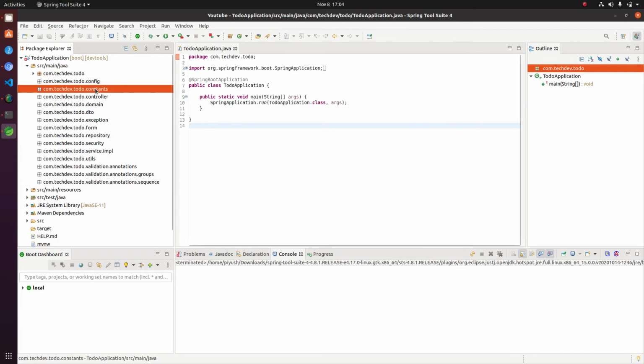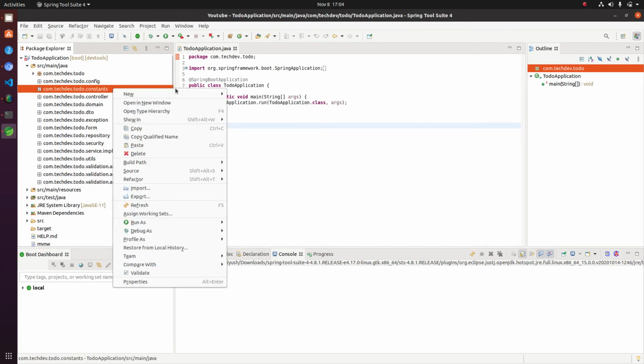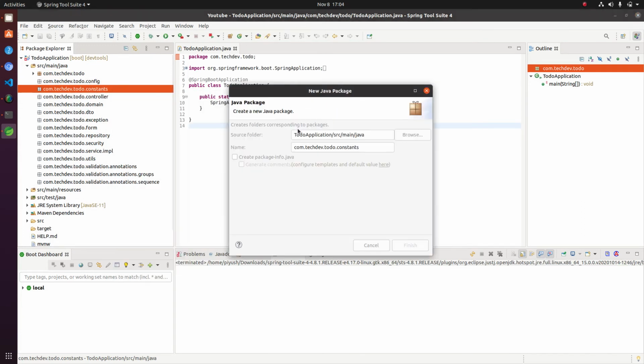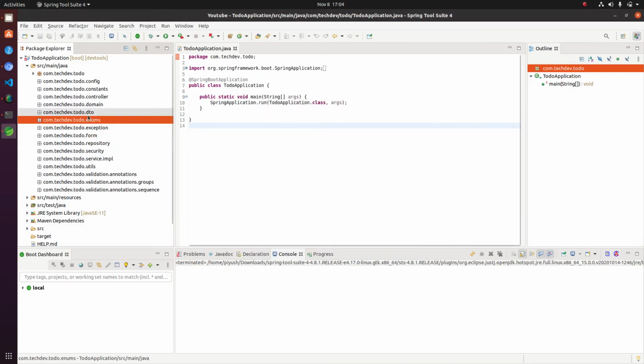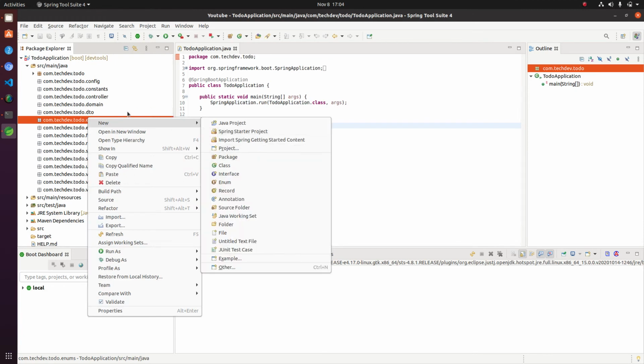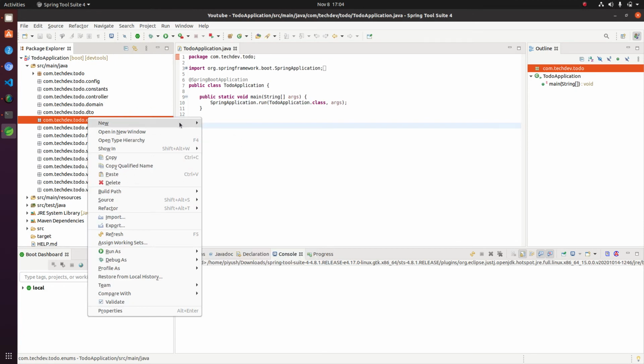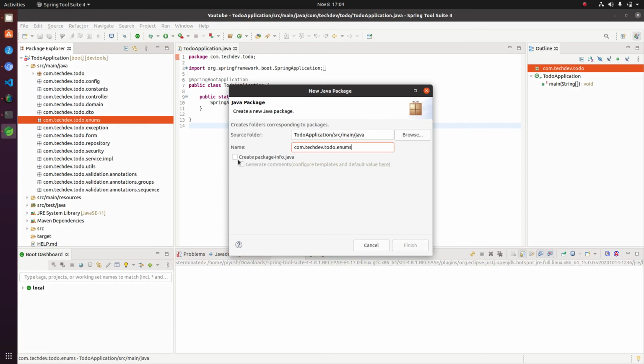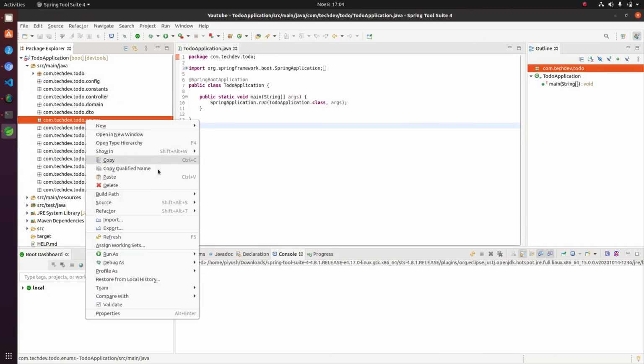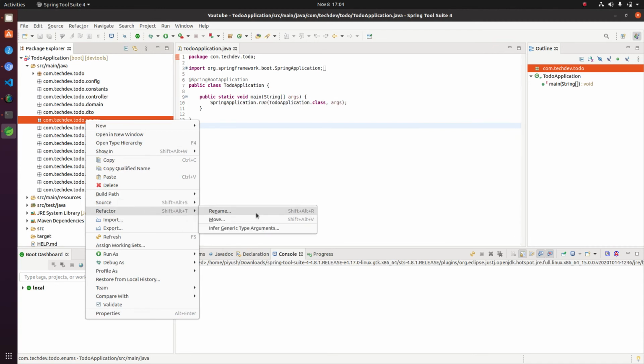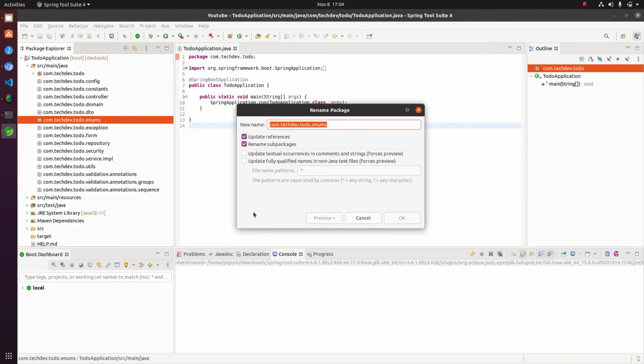In the constant package we will have a package for enums, and after that in the constant package, let's rename it to do dot constants.